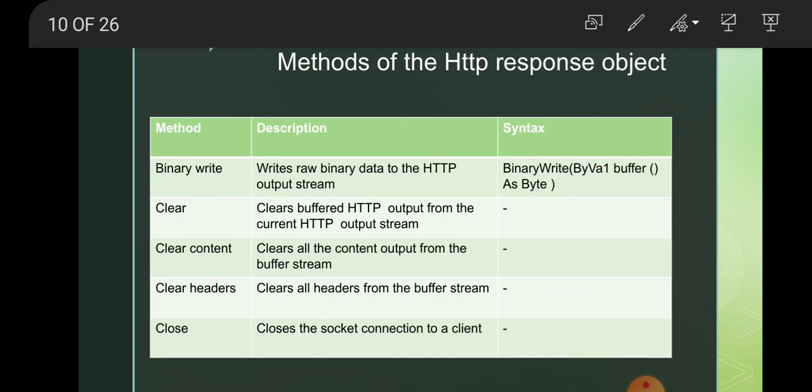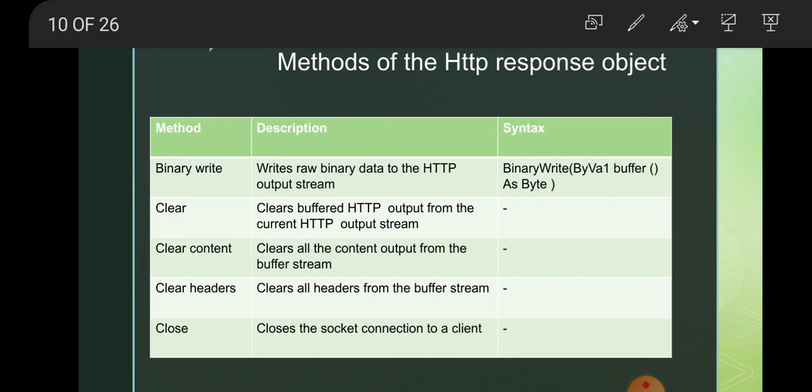Just like our HTTP request object, which has the method binary read, here the first method is binary write. Response means sending data back to the client, so the method is binary write. HTTP request means retrieving information, so the method is binary read.